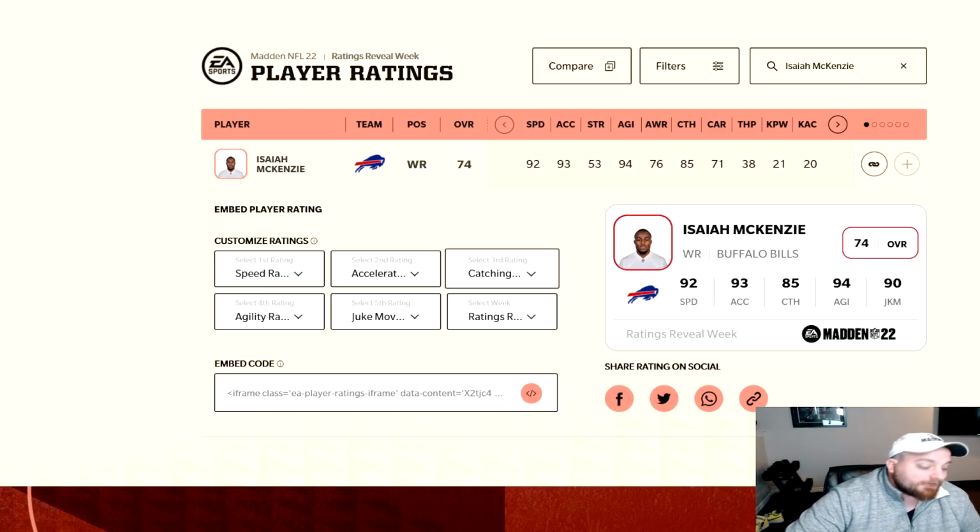74 overall, currently wide receiver 5 on the Buffalo Bills depth chart. So buried there, should be attainable, and he's probably going to be the cheesiest slot wide receiver you can make a trade for. 92 speed, 93 acceleration, 85 catching, 94 agility, 90 juke move. This guy is a human joystick, and this could be anecdotal evidence, but